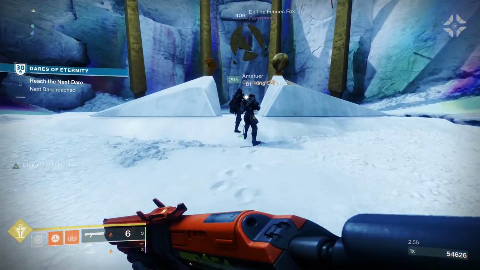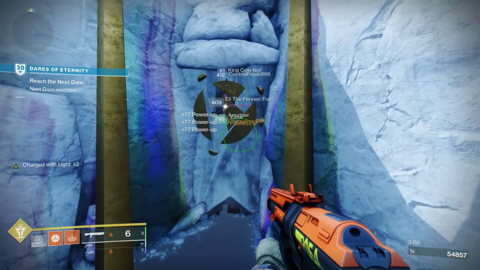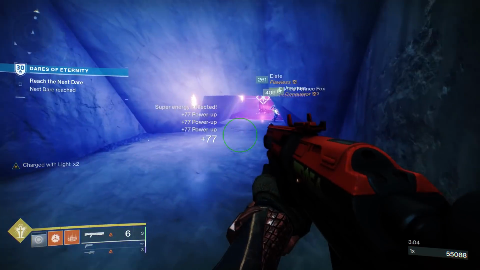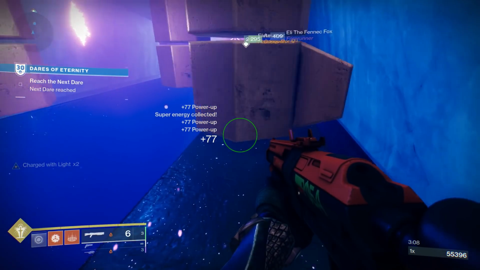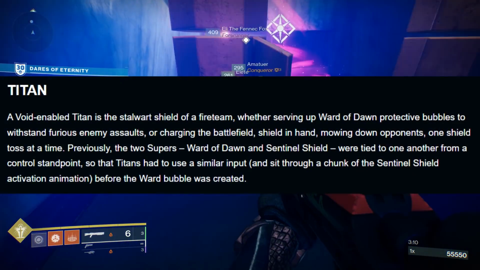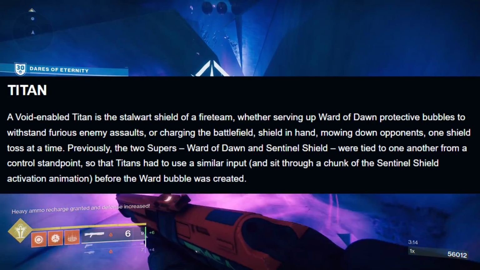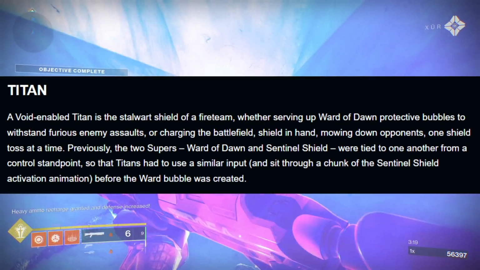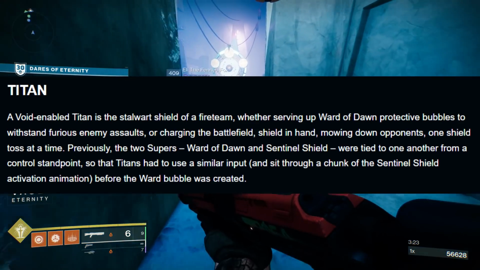Now remember, those same keywords, because they're becoming keywords, may show up on weapon perks later on, so keep that in mind. But now, guys, let's take a look at the different Void classes. Firstly, we have the Titan. So Bungie says a Void-enabled Titan is the stalwart shield of a fire team, whether serving up Ward of Dawn, protective bubbles to withstand furious enemy assaults, or charging the battlefield shield in hand, mowing down opponents, one shield toss